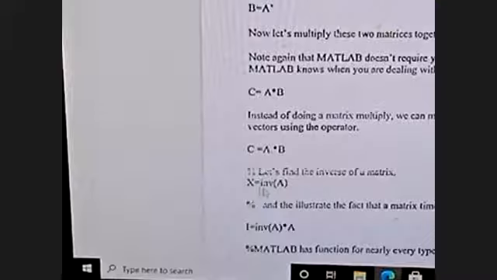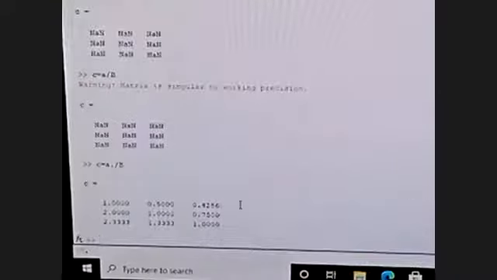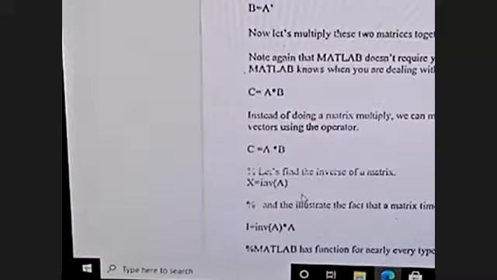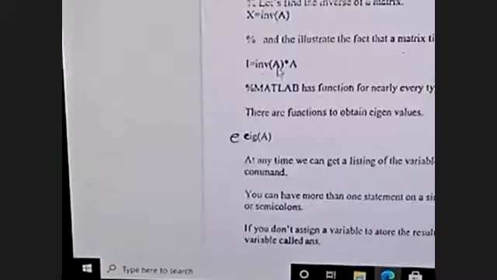Similarly, X is equal to inverse of A. If you want to take the inverse of the matrix, INV is the inbuilt function. We'll see here. Let us take C is equal to INV, inverse of matrix A. I am taking matrix A. This is the inverse of the matrix. We have already defined matrix A. Directly it will calculate the inverse and give the inverse of the matrix. Similarly, I is equal to inverse of A into A. I is the identity matrix. A multiplied by inverse of A will give the identity matrix.